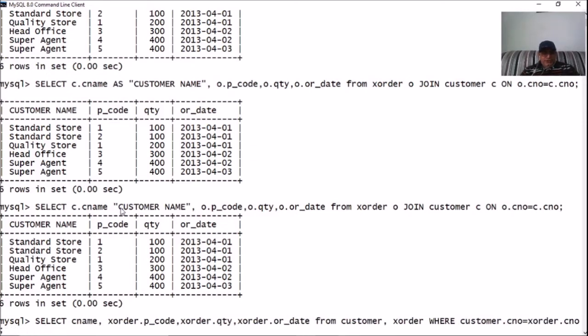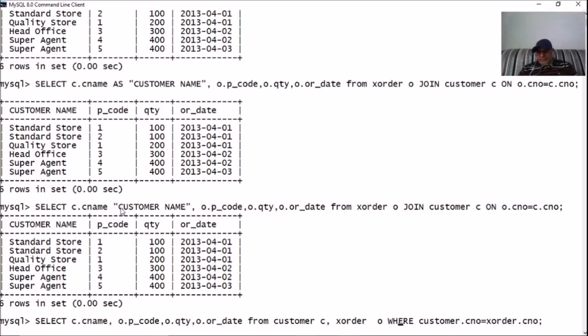So C dot this name, X order, we are using alias O, for customer we are using the alias C. For X order we are using the alias O. So they are to be specified after the table names.